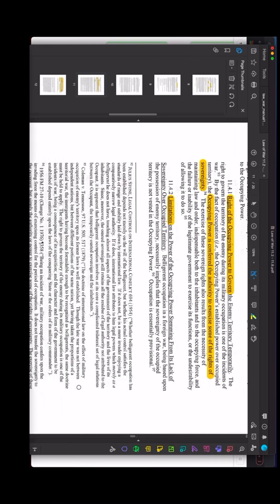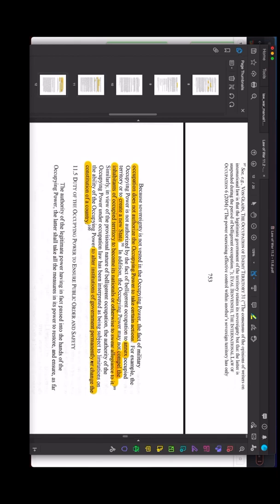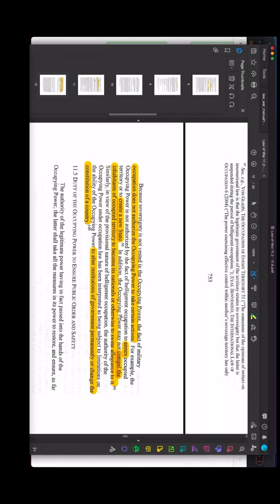Let's look at some of the limitations. The occupation is not authorized to make certain actions, such as annexing an occupied territory to create a new state. So let's just say hypothetically that we were under the occupation, like a secret occupation from China or something like that. What this is saying is that they could not legally declare this to be Chinese territory. They could not say, hey, everybody, guess what? We've been occupying your country for a bunch of years now. Congratulations, the United States is now known as China Part 2. They can't do that. Otherwise, they'd be violating the rules of occupancy.